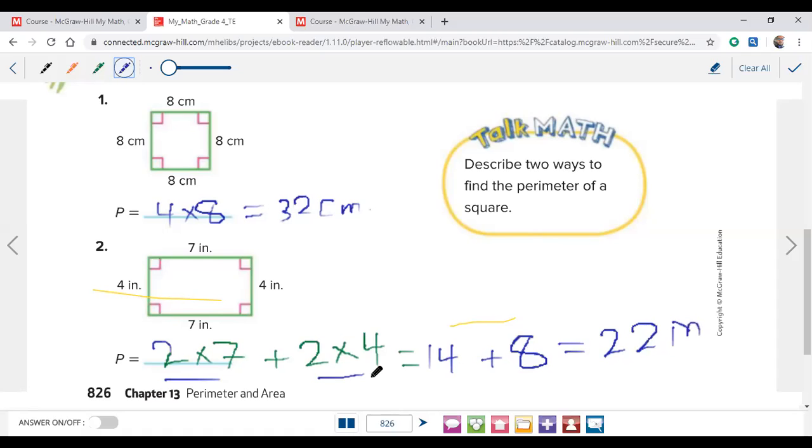Okay, as you see. Otherwise, I can add 7 plus 7 plus 4 plus 4. I can do it like this: perimeter equals, another way, I can add all the distance around the shape. 7 plus 7